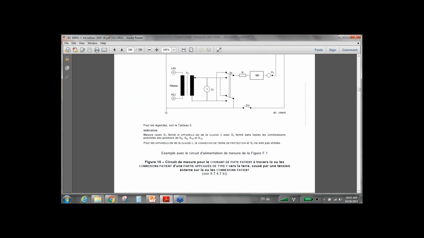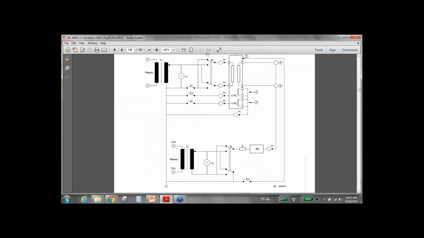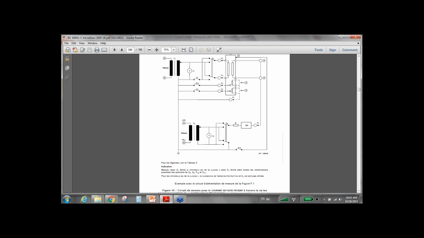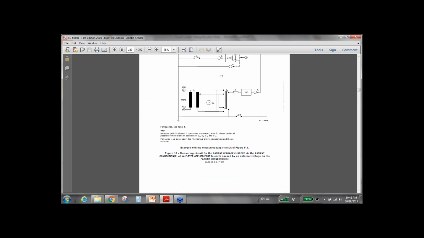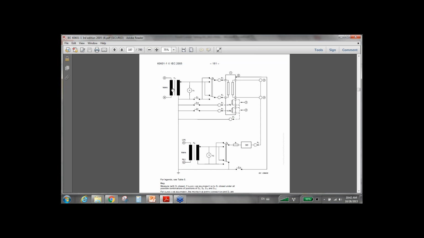Okay, again, this is going to be demonstrated by our video, but I want to quickly go over mains and applied part here. Top half of the circuit you already seen earlier. Well, this is the French version, so get to the English. So we have our T1 transformer applying voltage to our instrument or DUT, device under test,